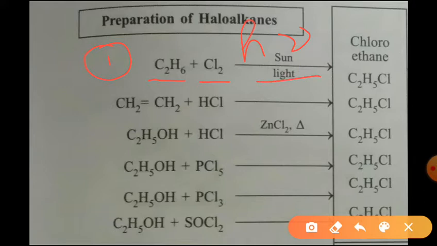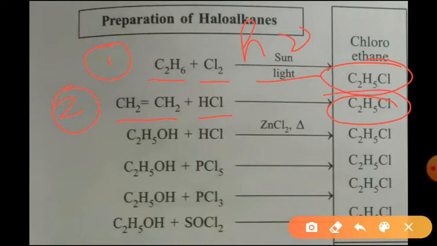How many types of hydrogen does it have? The hydrogen would be replaced and you will get that number of products. So you get a monochloro product called chloroethane. Second is by the addition reaction. Addition means the double bond from alkene to alkane, haloalkane you can make by adding HX to get a monochloroalkane.